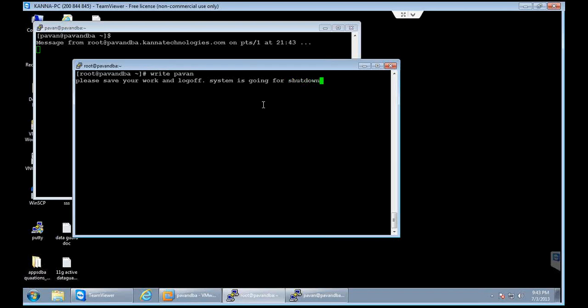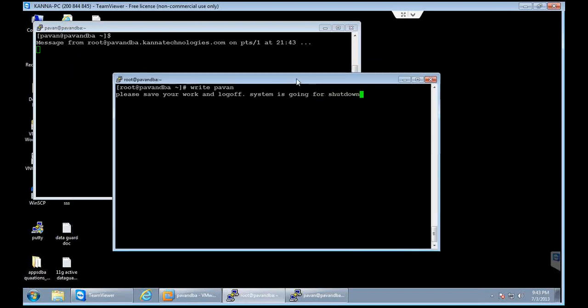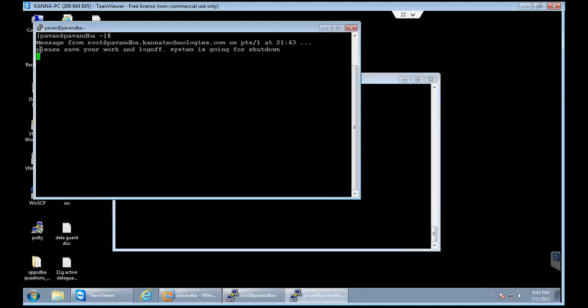So let's say I want to send this message to the Pawan user. Then I simply say write Pawan, type the message and hit the enter button. The moment you hit enter, on the other screen you can see you got the same message. So if you want to send a message to the users of the Unix operating system, this is how you do it. You use the write command for that.